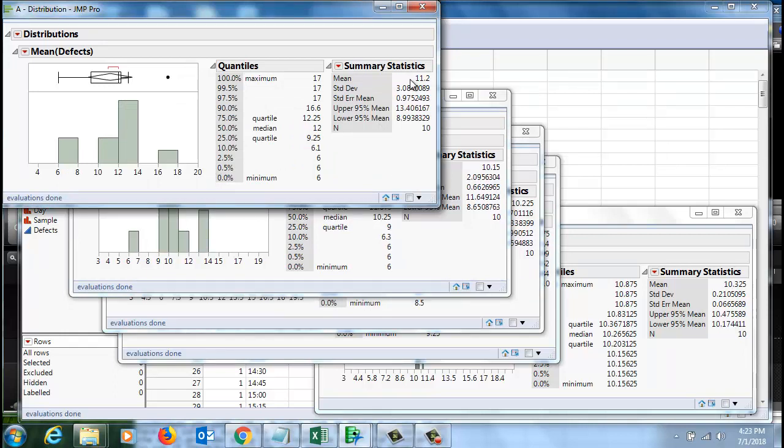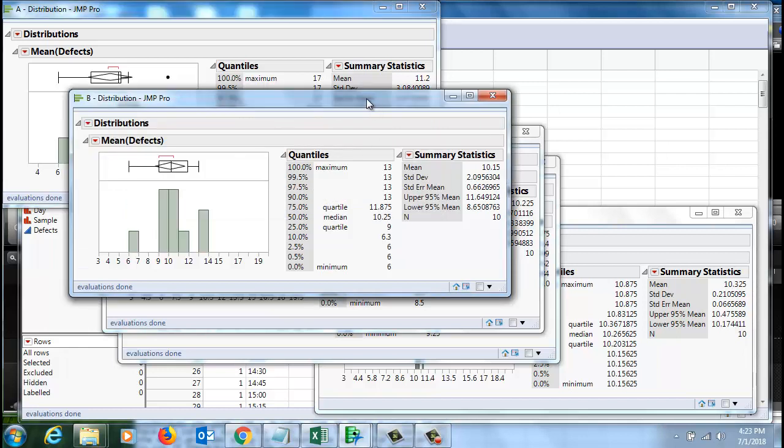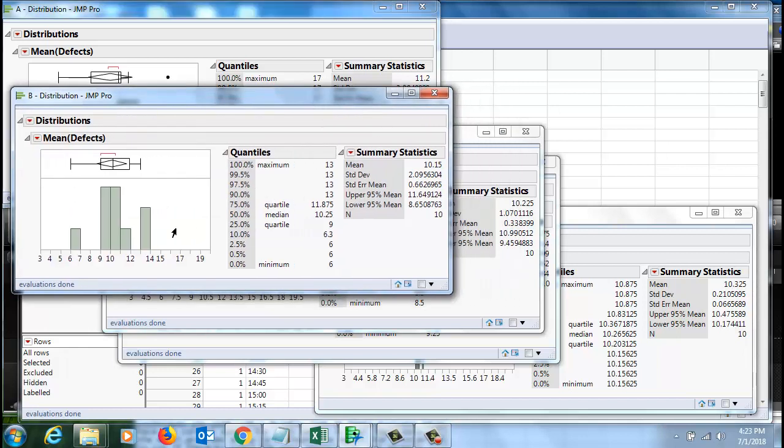Now we can observe, as we add to the number of samples observed per day, we can see the distribution clearly. Compare the histograms and the range. We can look at the range 6 to 17 and how dispersed the results are. One observation: go to B, 2 observations per day, 6 to 13,